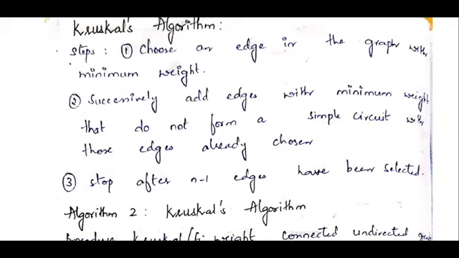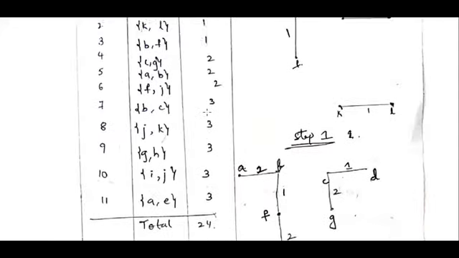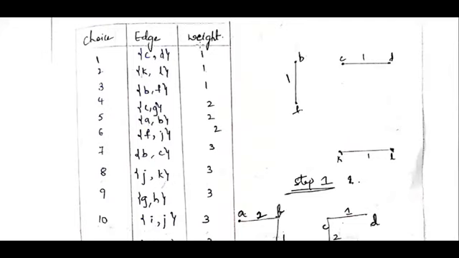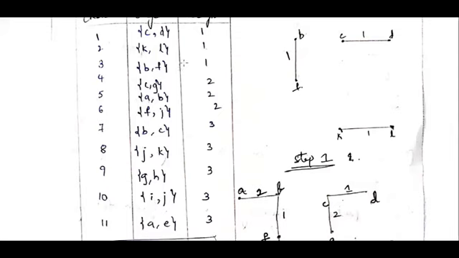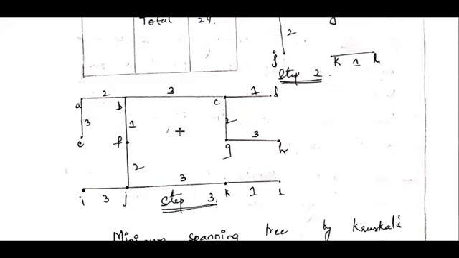Let's also see the graph for the same. So for the earlier graph that we have seen, this is the minimum spanning tree by Kruskal's algorithm, which has 11 edges since 12 vertices are in the graph. And this is your step 3. But when you are doing it in the examination, you have to do all the 11 steps and write the algorithm, the procedure, and also the table which I am showing you over here. So first you are supposed to select the edges with the minimum weight, then the next edges with the next minimum weight, and this will continue till you add all the vertices to your spanning tree. So this concludes your spanning tree.